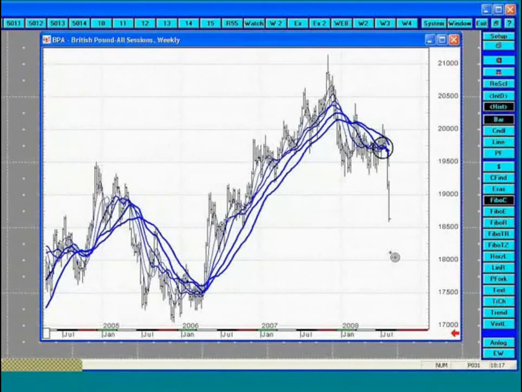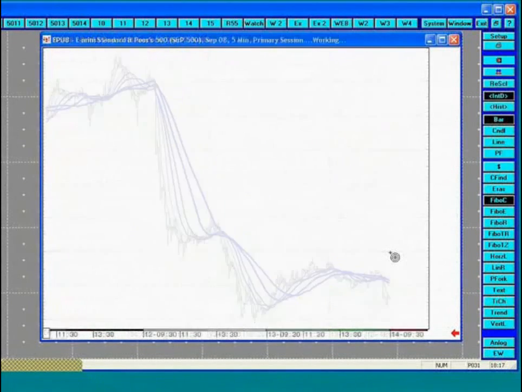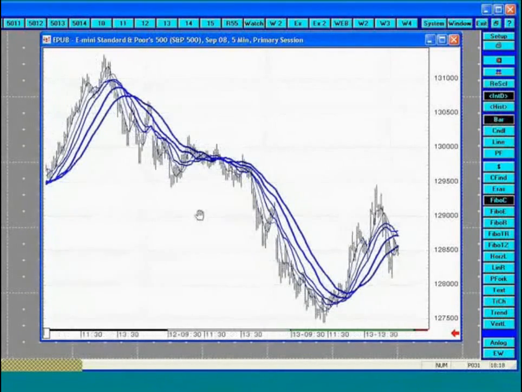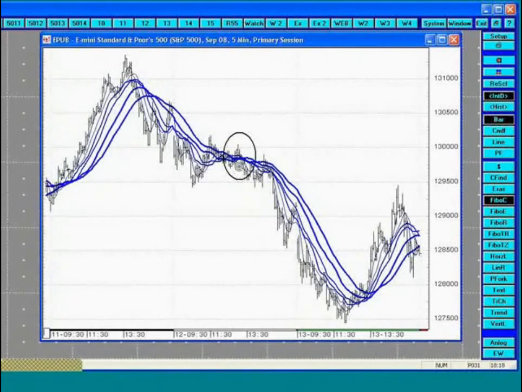All I have to do is wait for all of these moving averages to come together and form one line, and then I know I've got an opportunity in the making. Now, just to show you something really neat, this is the E-mini S&P. This is primary session. This is a 5-minute price chart. Look what happened. I believe that was Tuesday. Yes, that was Tuesday. All your moving averages came together very, very nicely right here, basically saying that the market is about to make a nice, big move,